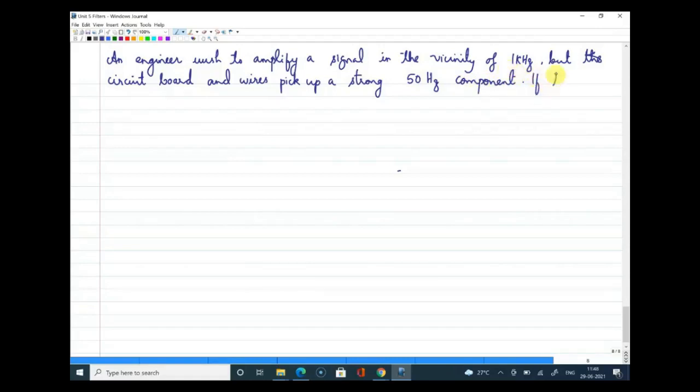So he is working with a PCB, and there is an interference coming from the supply line itself, at 50 hertz frequency, and the person is trying to work very close, with a frequency of 1 kilo. So now the question is, if this component